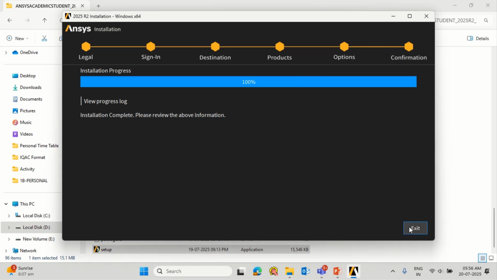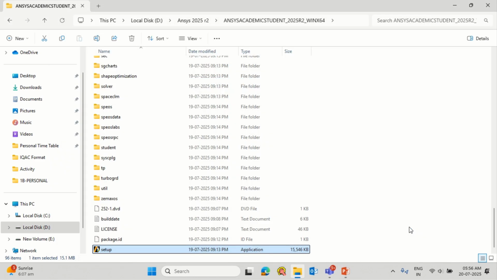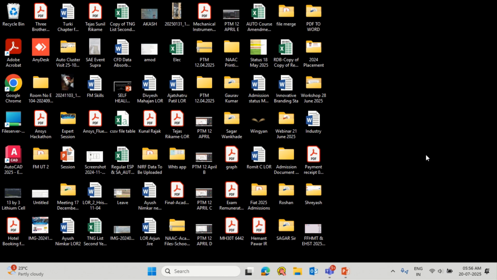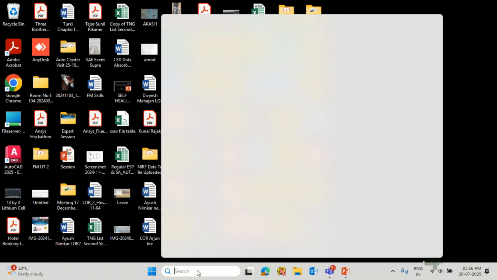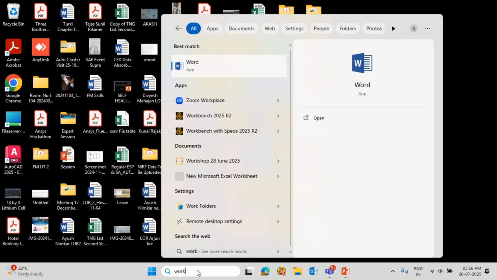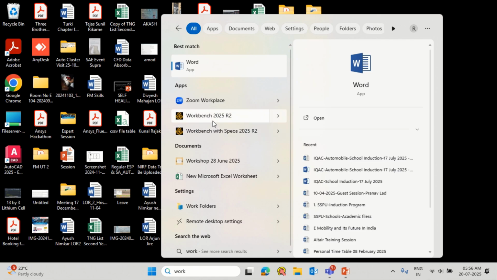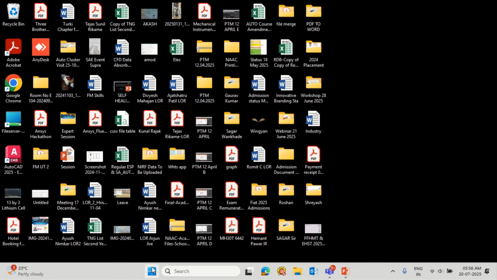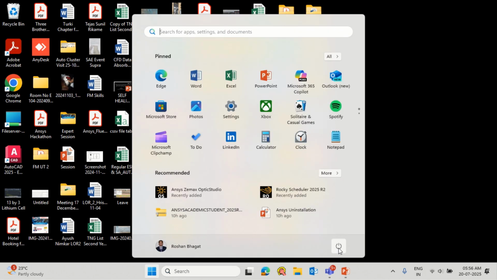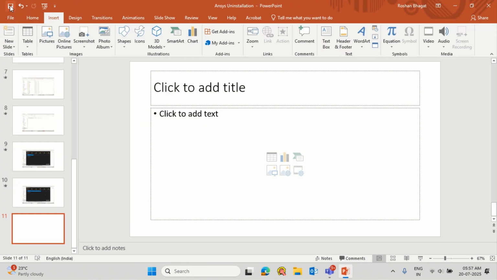Okay, so you can see now 100% is completed. Now just click on exit. So simply go to the search box and check for Workbench. Now you will see Workbench 2025 release 2 version is visible now. Now go, and again I will suggest to restart your computer. Once you are done the restart, again